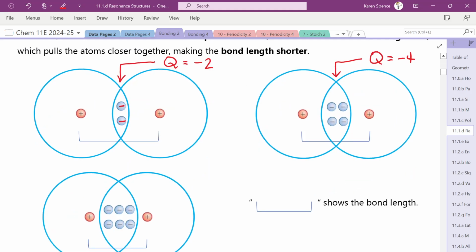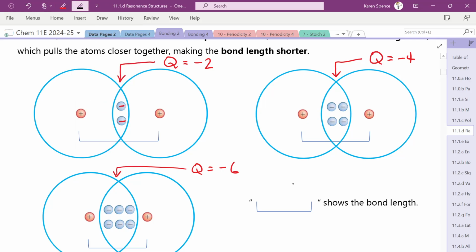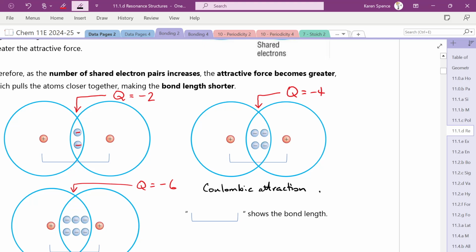And in a triple bond? Q is equal to -6. And because Coulombic attraction is proportional to Q,